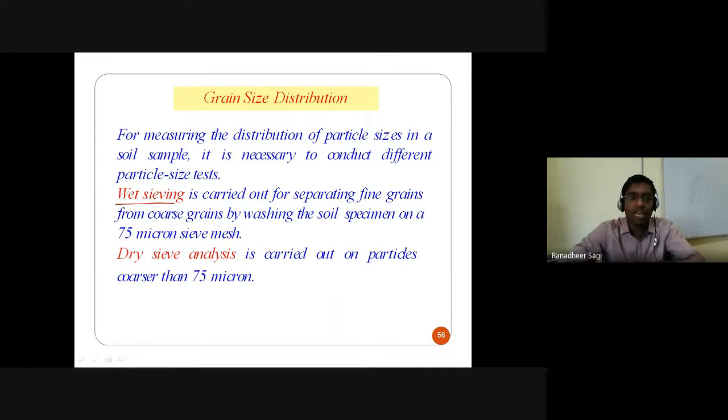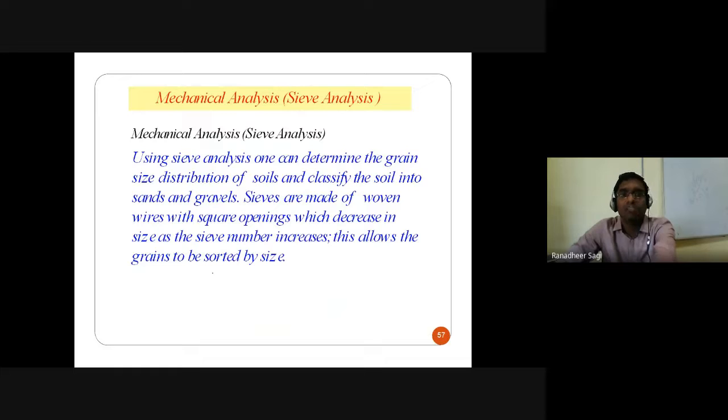So we are going to carry out dry sieve analysis on your coarse grain particles of sizes greater than 75 microns, and we are going to subsequently talk about hydrometer analysis or wet analysis or sedimentation analysis, which is carried out on your particles of sizes less than 75 microns. Now let us understand, I am able to collect my coarse grain particles from that soil mass, for which I am going to carry out my mechanical sieve analysis.